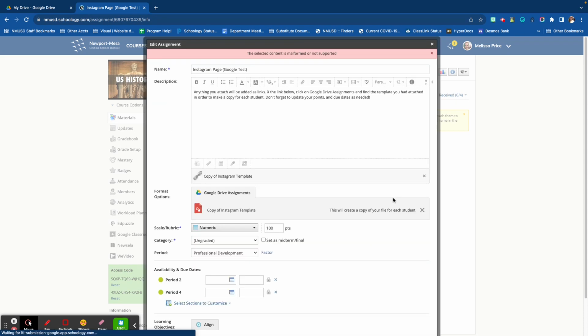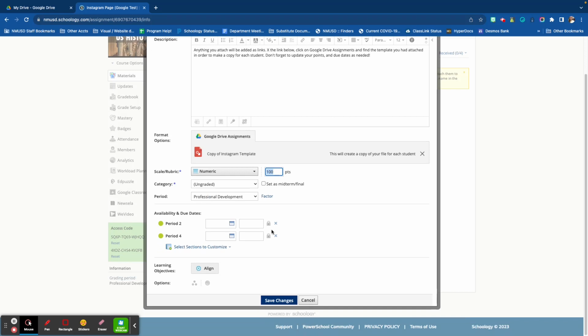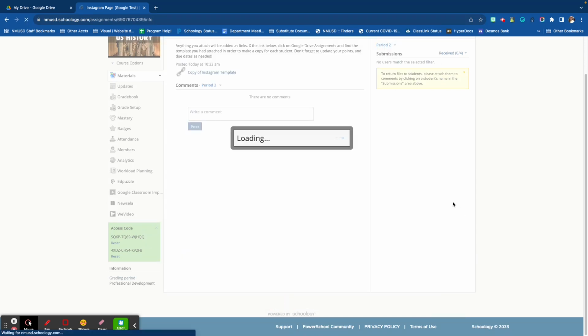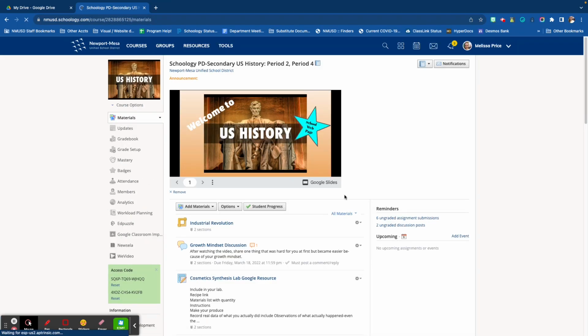All right, I'm going to attach that, and you'll see this will create a copy of the file for each of your students. Now, I still have it linked above. I don't need it in both places. I'm going to go ahead and click an X on that link. You want to make sure to update your points and your due dates, and then click Save Changes. Once you have due dates on it, it will show up on your Schoology calendar. And now we can find that on my